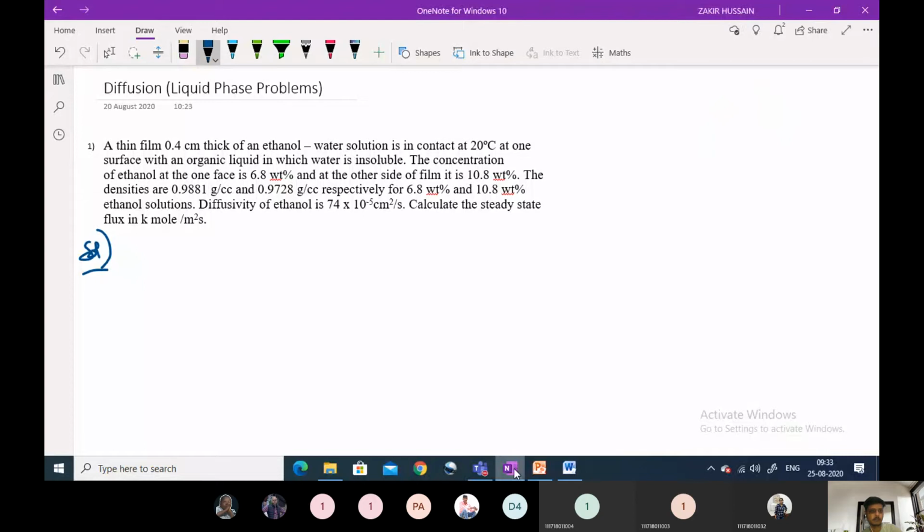We have seen many problems in unit 1. Let's see 2 more problems based on the liquid phase. So, liquid phase diffusivity. Until now, we have seen gas phase diffusivity as well as part B, which is mass transfer coefficient and wetted wall tower. All these problems we have seen. So, let's have a look at 2 more problems. First problem here.